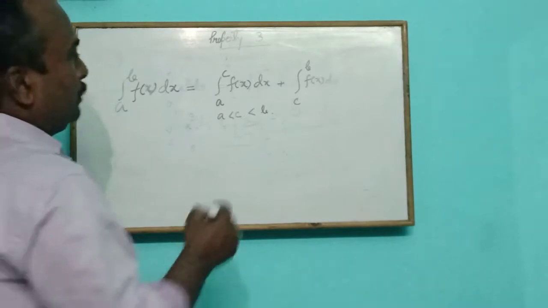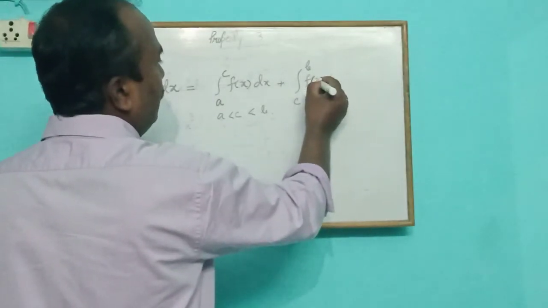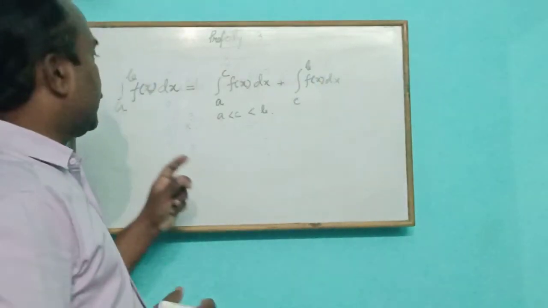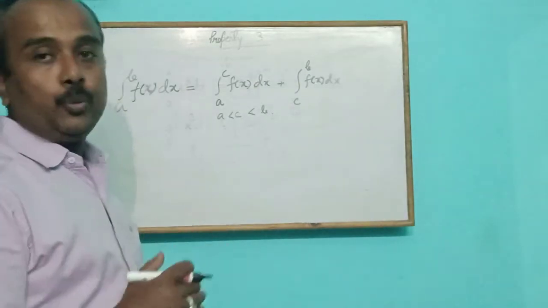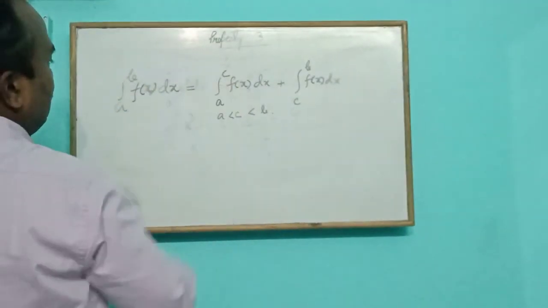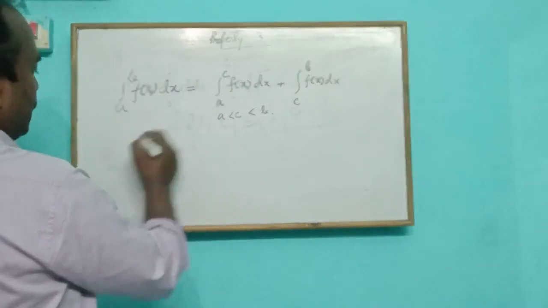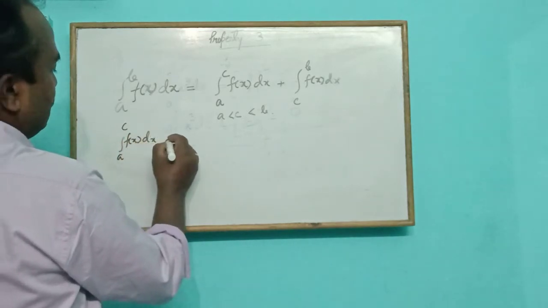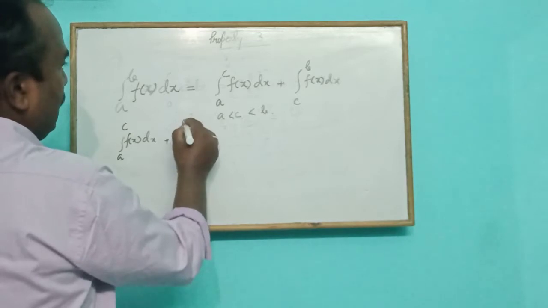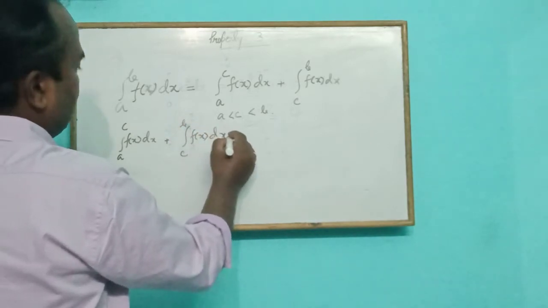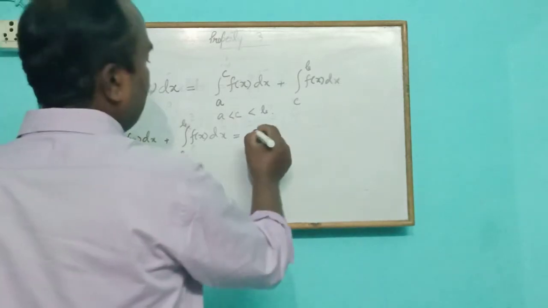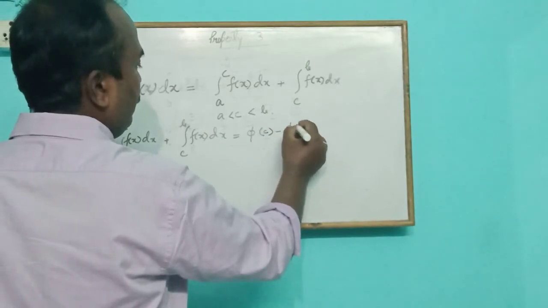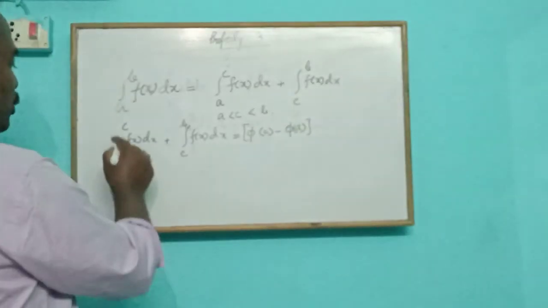What does this mean? That means if we could find a number in between the interval a and b, then we could write this integration a to b f x dx as a sum of two integrations. So let us take the right hand side, a to c f x dx plus c to b f x dx. Suppose the integration of f x is phi x, then phi of c minus phi of a is the integration value of a to c f x dx,